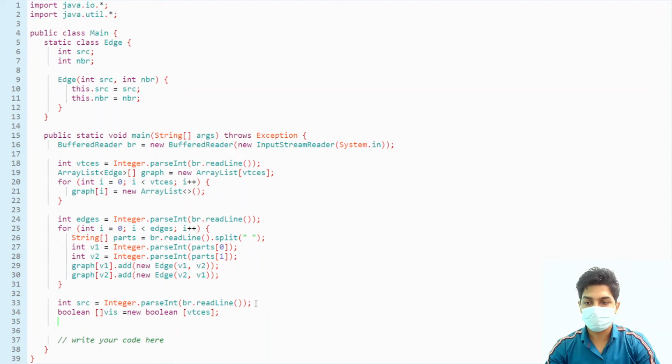Now we have to do the BFS. Let's call a BFS function. We will pass the graph, our source node, and also the visited array. Okay, now let's write the BFS function.